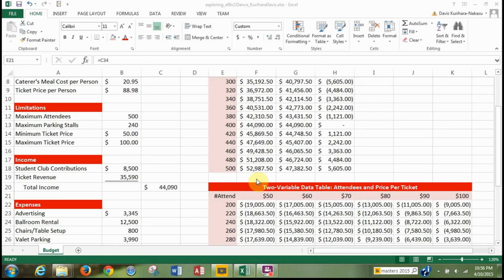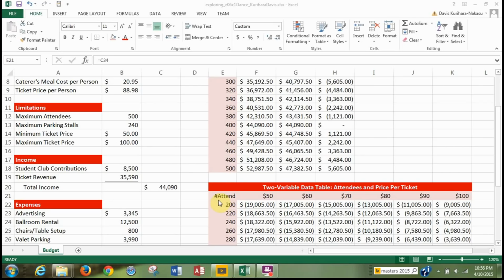Okay, welcome to part 2 of the What If Analysis MS Office 2013 Excel project. For part 1, we covered steps 1 through 11. In this second part, we're going to cover steps 12 through 24. So the last thing we did was we applied a custom number format to cell E21